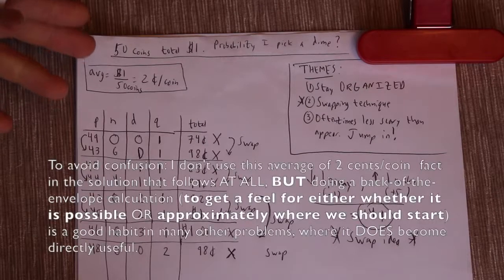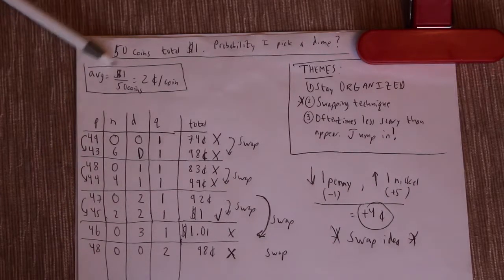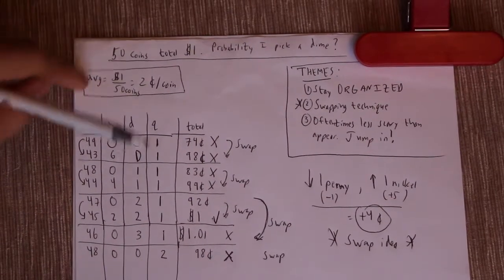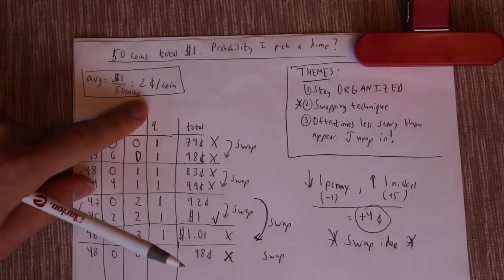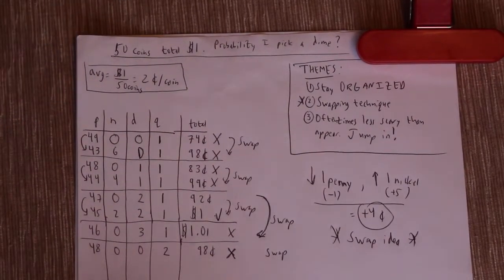That's probably something most of you already intuitively knew, but I would do this anyway because you don't want to spend time looking for things if you already know it's impossible to get. As an example, let's say I made this number 101 coins. Then your average would be below 1 cent, and it's not possible to average below 1 cent per coin. That's just a quick thing I recommend you do in general. This orients you: are there a lot of pennies, a medium amount, roughly how many are there? Okay, now let's actually do this formally.